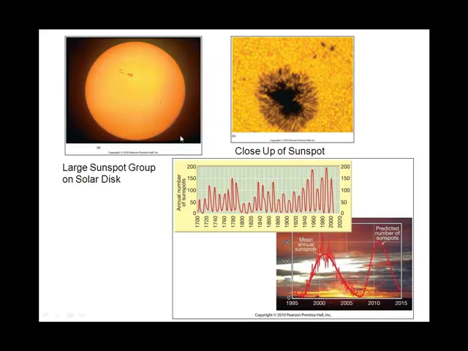So this is a picture of the solar disk, and those little dark specks are sunspots, sunspot groups we call them. This is just a close-up of a single sunspot. Isn't that cool? The sun is really pretty. It's got this kind of granulation sort of texture on the surface. So here is your textbook showing you the cycle of the sun's